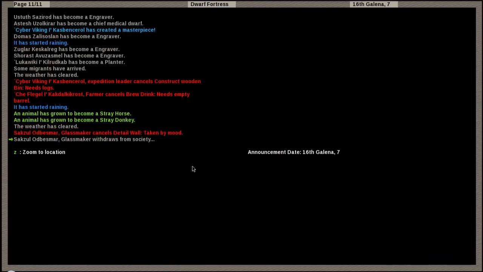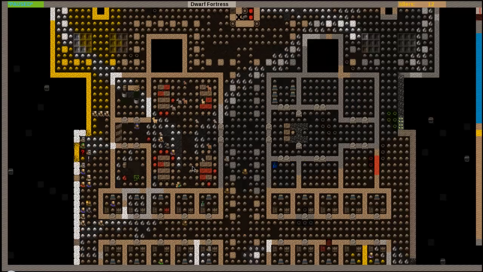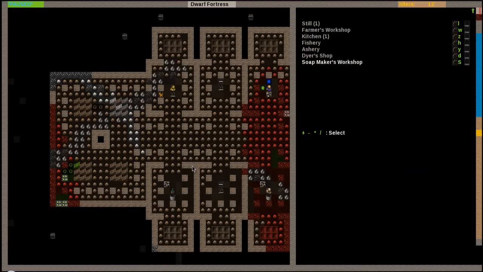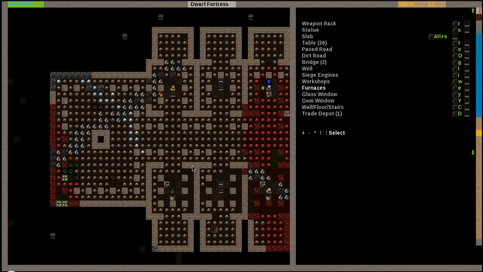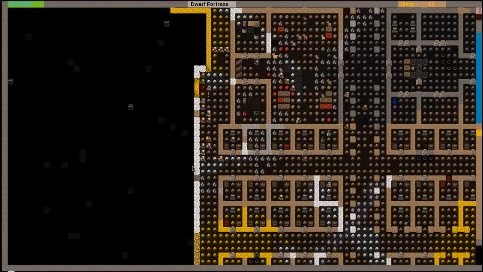Oh my. Okay, we're gonna have an insane person very soon, I think, because this glassmaker has withdrawn from society. We don't have any glass making operations. We can't actually use a glassmaker's workshop, like we don't have the necessary materials, which is going to make it really difficult to make this person, whoever it is that just got taken by a mood, actually enter glassmaking. I think they're probably going to go sit in either their room or...